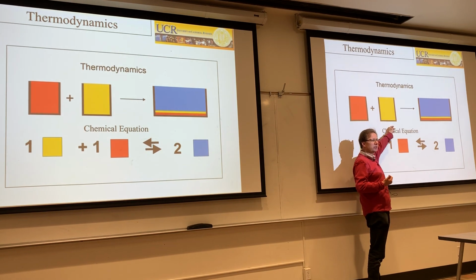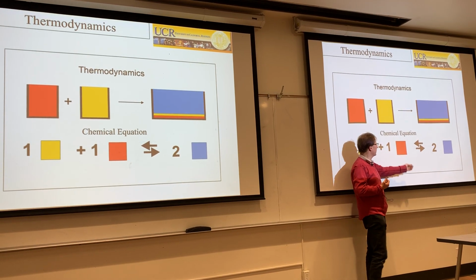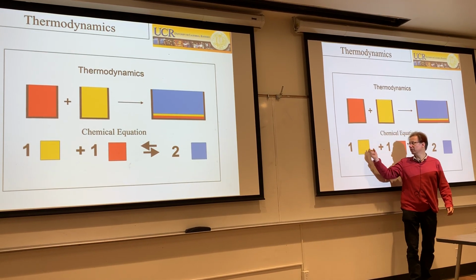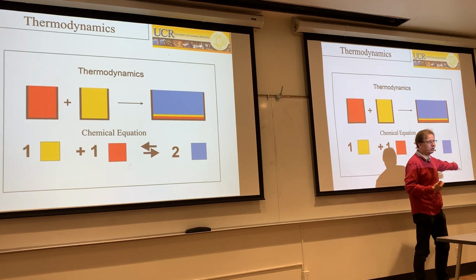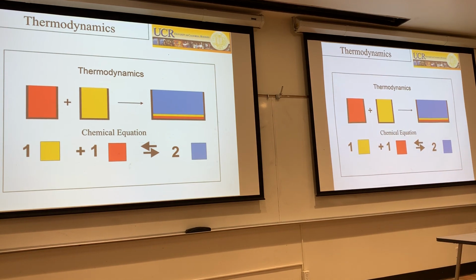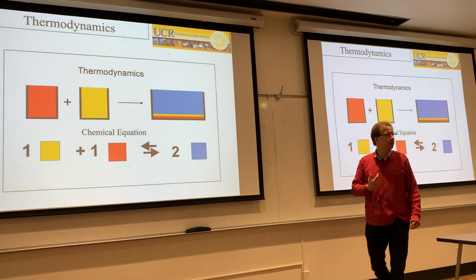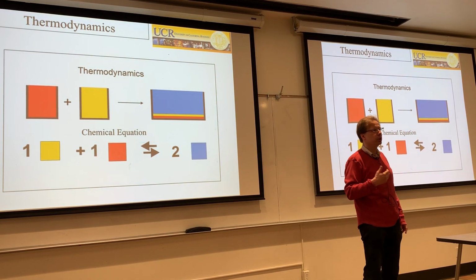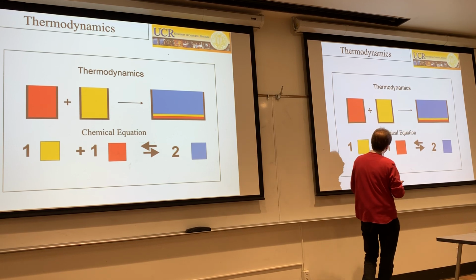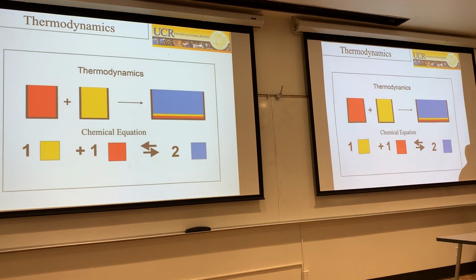If I mix red with yellow in order to get blue out of that one, then we have the chemical equation. The chemical equation tells us maybe we make out of one red and one yellow, 2 blues. And then thermodynamics can give us an equilibrium condition and show us right away where is the sum over mu_i equals 0, where is the equilibrium, how much of chemical potential, and as a consequence, how much of concentration I need of red and yellow and blue so that that is an equilibrium. That's great. So why do we need